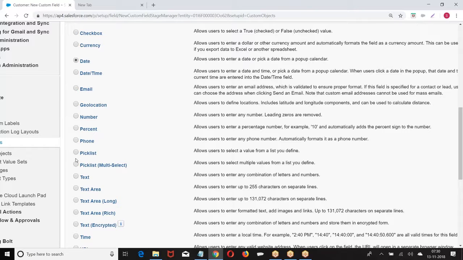Let us say I want to create a radio button. In this, do you have a radio button? I don't have a radio button. If I want to create a radio button, obviously I cannot create it using declarative, so I have to create my own page with a radio button. I want to create a checkbox group. They have given only one checkbox. If you want a checkbox group, there is no built-in option, so I have to go for my own programmatical way of representing it. So when you go for declarative, there will be a limitation.